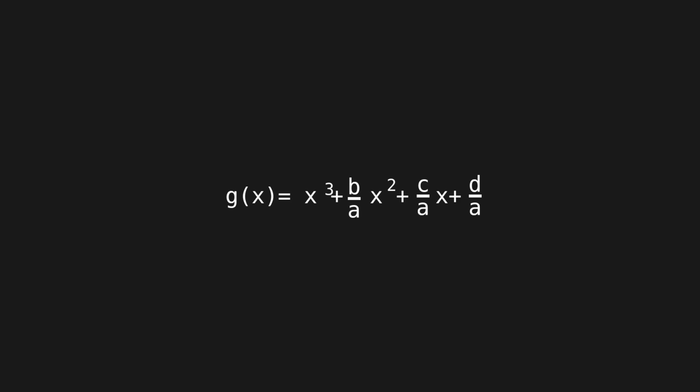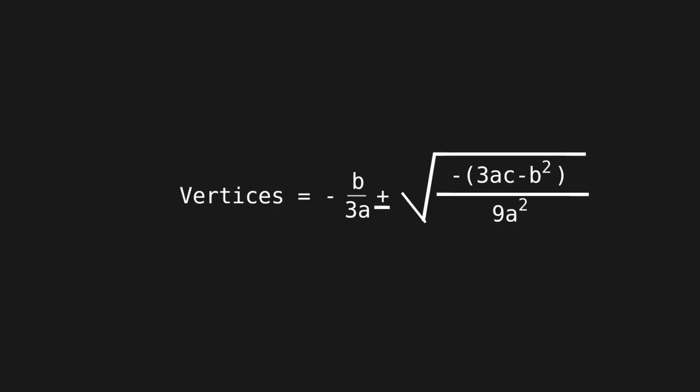Let's take the derivative of f of x and find the vertices. The derivative of f of x is 3ax squared plus 2bx plus c. Set it to 0 and we find the vertices. Now that we know the vertices, let's find them. Working out the math, we get